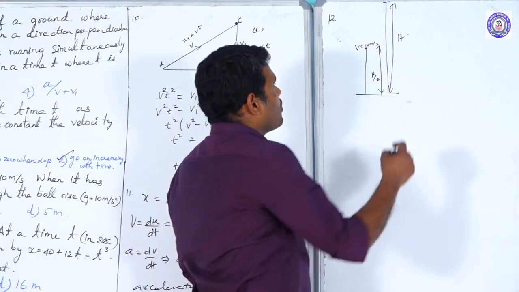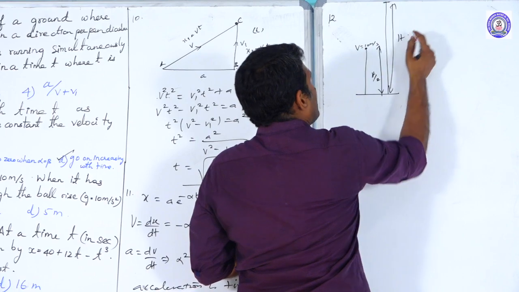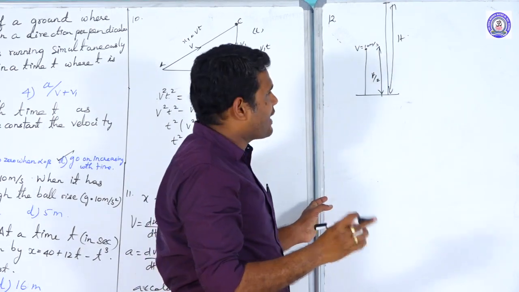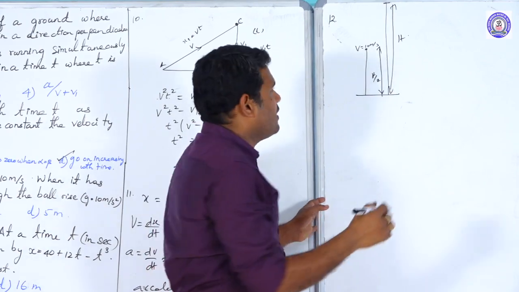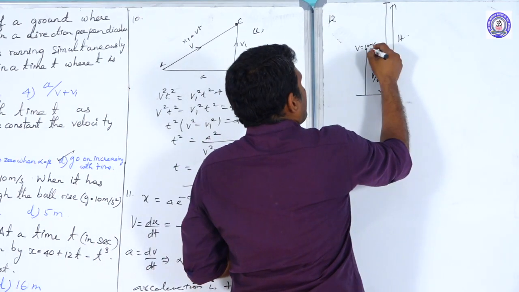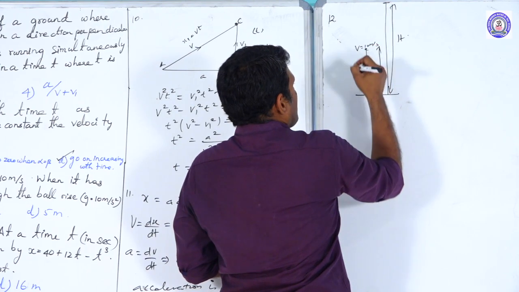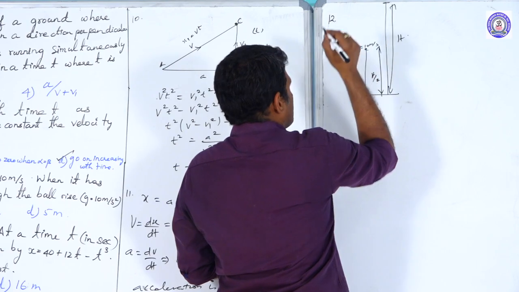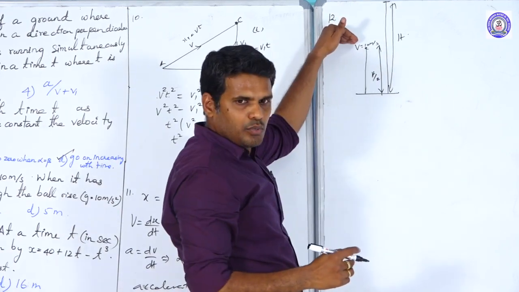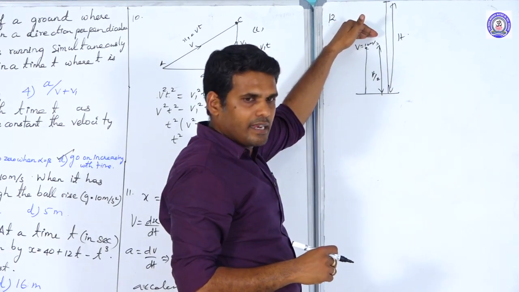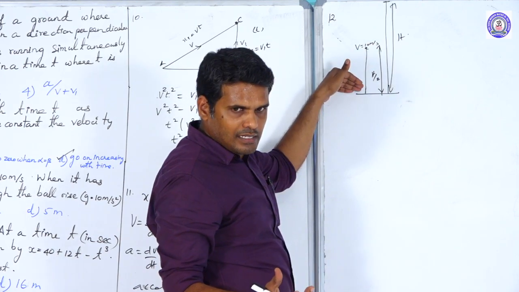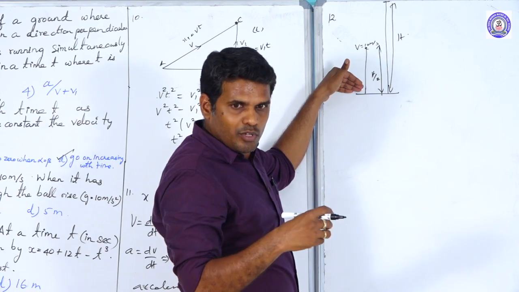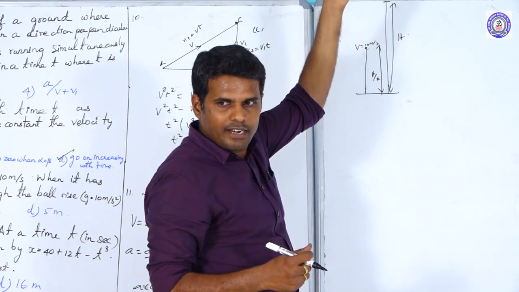We can go with the equation of motion, or this can be simply worked out logically even. I can do it in two ways. First one, if I consider the movement of the ball which is thrown vertically upwards, as it reaches the height h by 2, it possesses a velocity of 10 meters per second. We don't know the value of initial velocity, but some initial velocity might be given to the ball so that it moves in the upward direction.